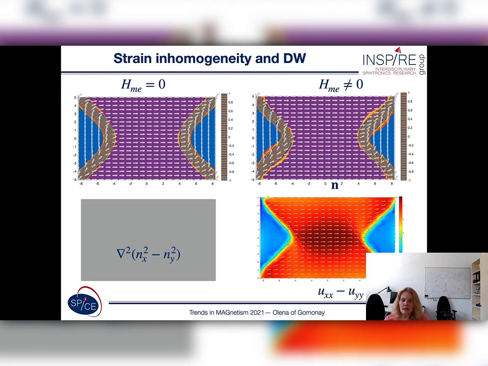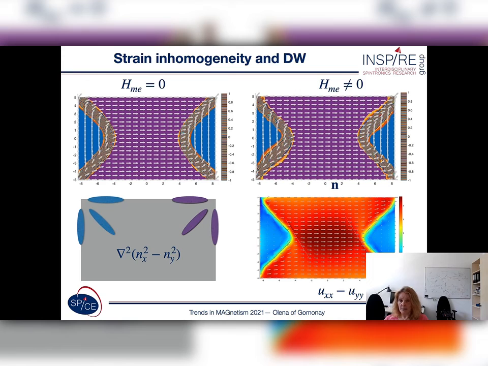So, in this case, the Néel vector in the corners should rotate through 90 degrees while going from one edge to the other. And due to magnetoelastic effects, such variation of the Néel vector induces corresponding variation of strains, as